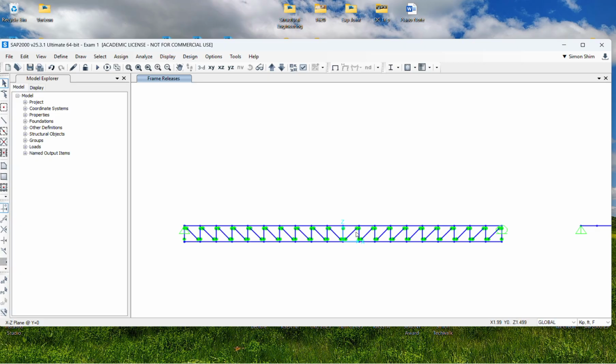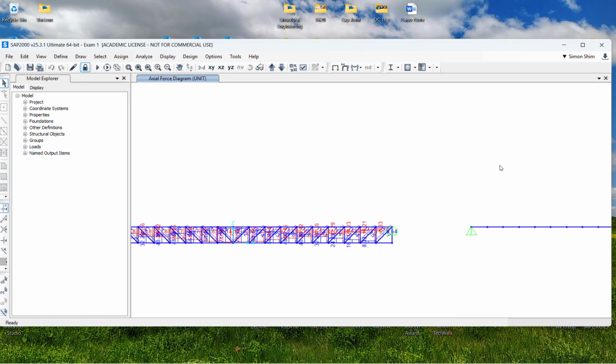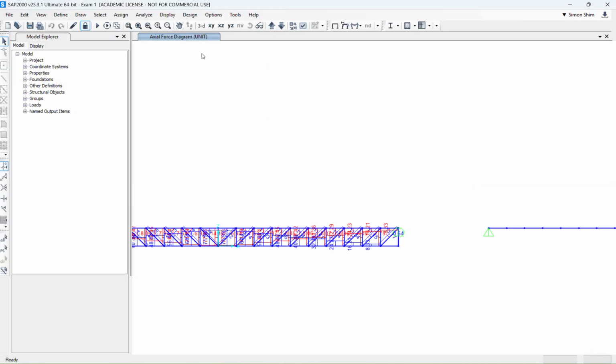Make this a pin connection. I'm sure you heard about the pin, similar to here, right? A pin connection doesn't have any bending or rotational stiffness. So let's run this model again. Roughly, I'm just trying to show you apple to apple, the same horizontal member, but if you're using truss,